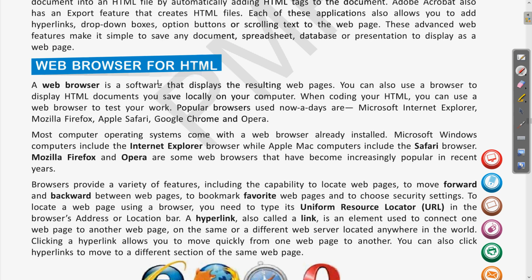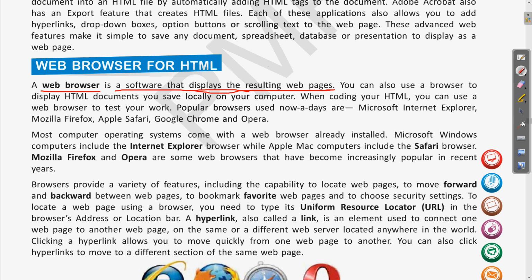But for the normal view of these HTML documents, any of the websites we open are opened in different web browsers. A web browser is basically software that displays the resulting web pages, meaning the final web page after writing all of the elements of the web page. So this will be viewed in the web browsers.